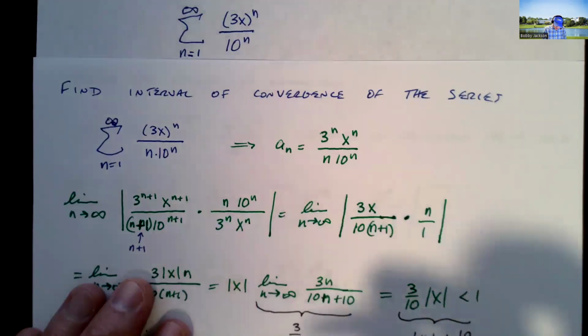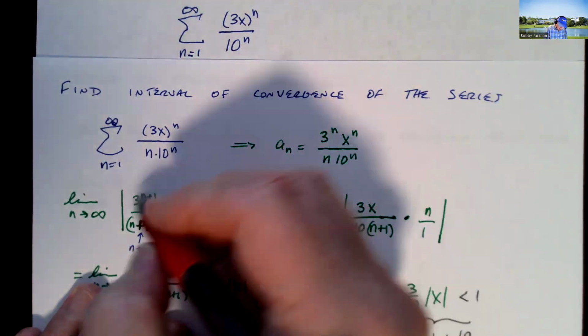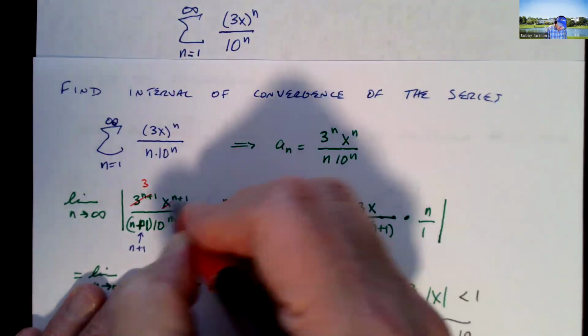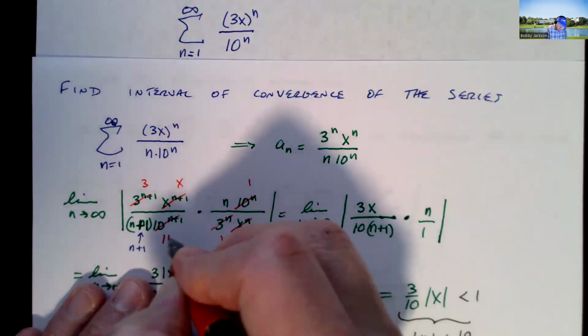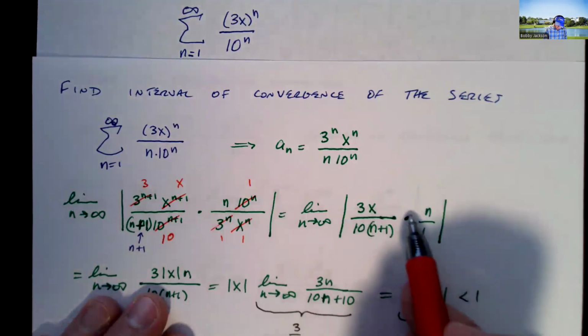And simplify, right? So again, the 3 to the n plus 1 over 3 to the n, I can divide top and bottom by 3 to the n. I'm just left with 3 there. Divide by x to the n, I'll be left with an x there. And divide top and bottom by 10 to the n, I'll be left with a 10 down there. So I'll have 3x times n